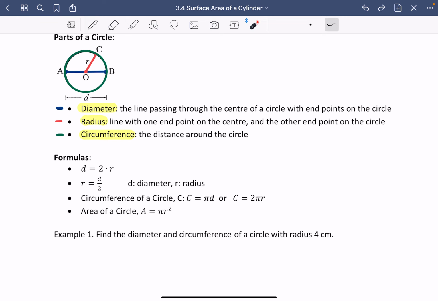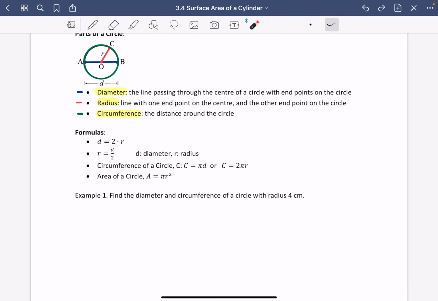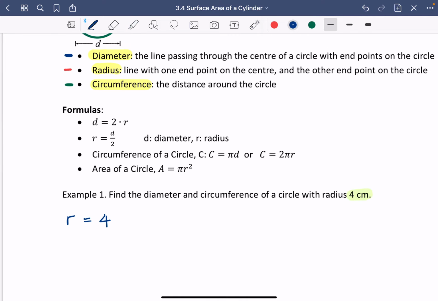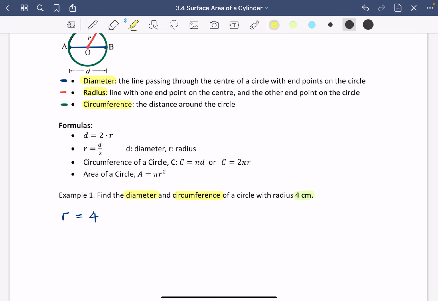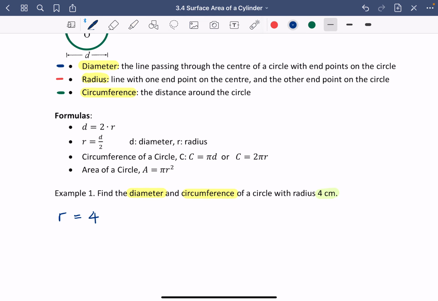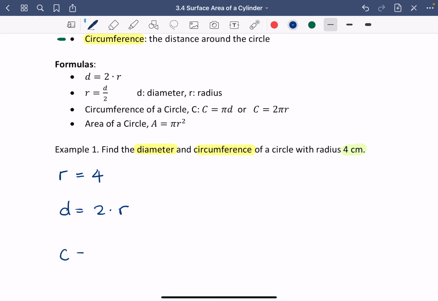So let's try a few examples together then. First example, find the diameter and circumference of the circle with radius 4 centimeters. From the question, we know the radius is 4 centimeters, meaning that r is equal to 4. Now, what is the question looking for? The question is looking for the diameter and the circumference. And we have those formulas on top, right? We know diameter is equal to 2 times r, and circumference is equal to,